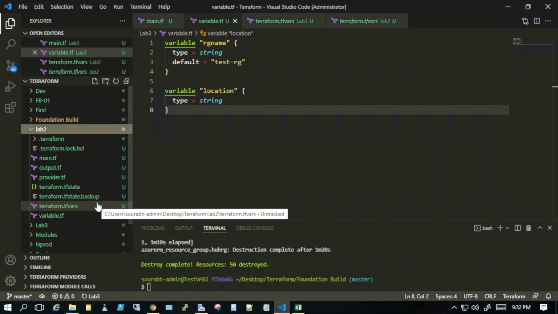For checking your previous state, it checks the terraform.tfstate file. And this is a very critical file because Terraform will only consider this file to check your previous